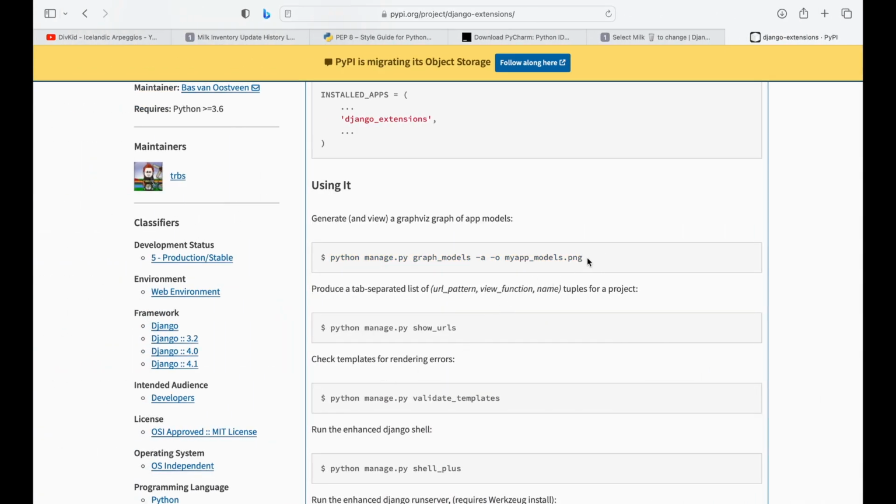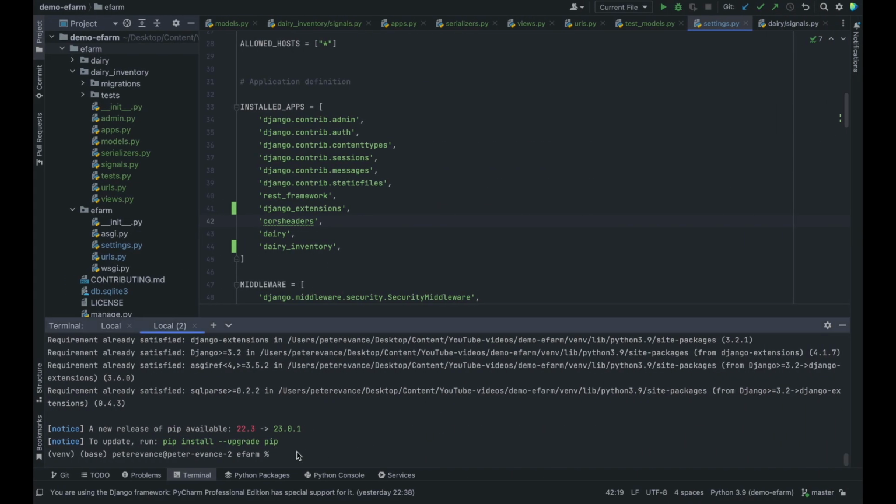Copy this line of code, the python manage.py. So we shall be using this to generate an image that shows our models and the relationships. So I'll edit this line a little bit, customize it based on our project. So actually the image file that will be generated will be of the name efarm_models.png. But let me just explain a little bit of what this line of code does. So the python manage.py is just the normal management command for our Django. Then this graph_models, meaning that we shall be executing stuff related to the Django extensions, and then the -a specifies that we shall be generating